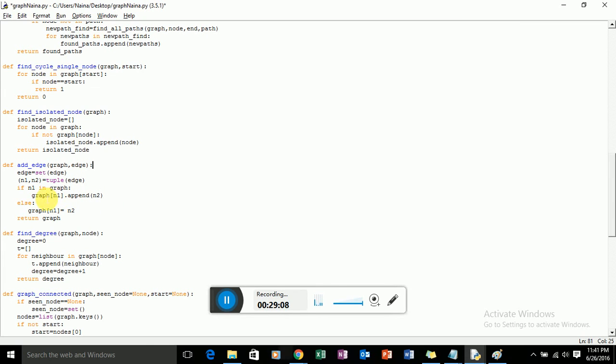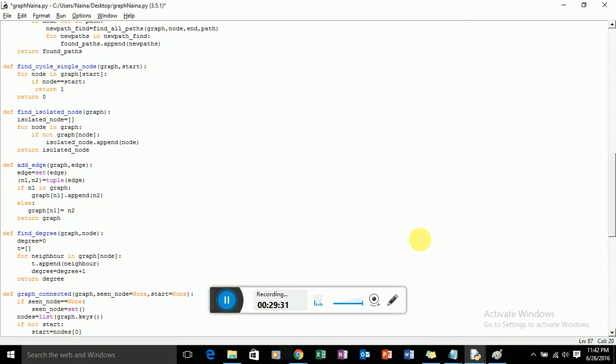So basically for key A, it will add E as another value. If n1 is not present, then graph of n1 is equal to n2. So a new key, a new value for graph would be created.